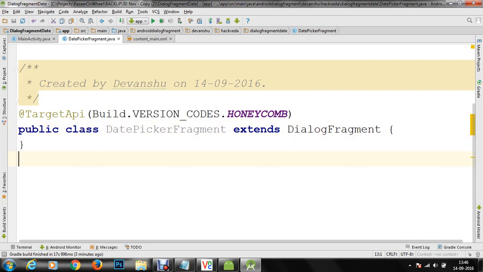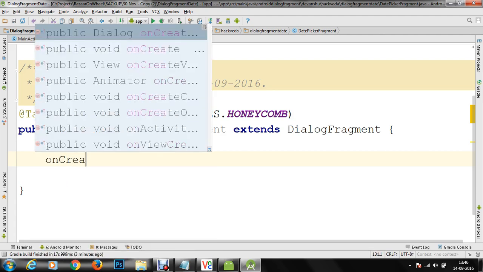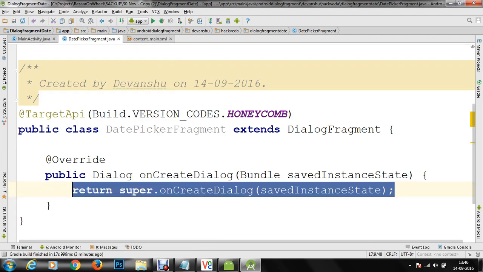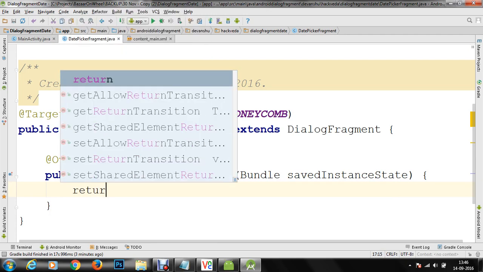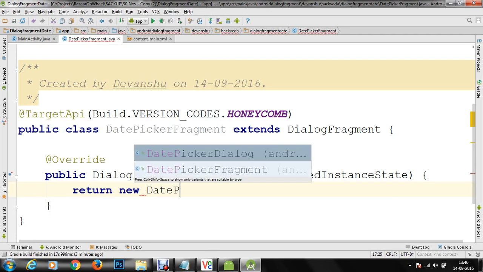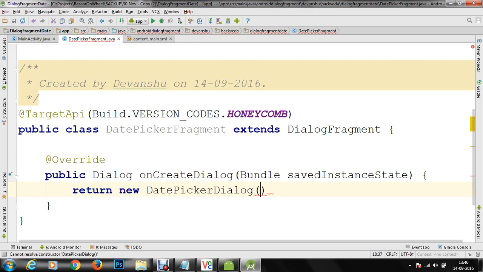Once your DialogFragment is extended into your DatePickerFragment class, as far as the life cycle of dialog fragments is concerned, we have to create a method onCreateDialog. So let's override the method here, onCreateDialog, and as soon as the dialog is created, we are going to return a new instance of DatePickerDialog. This DatePickerDialog takes in 5 parameters.